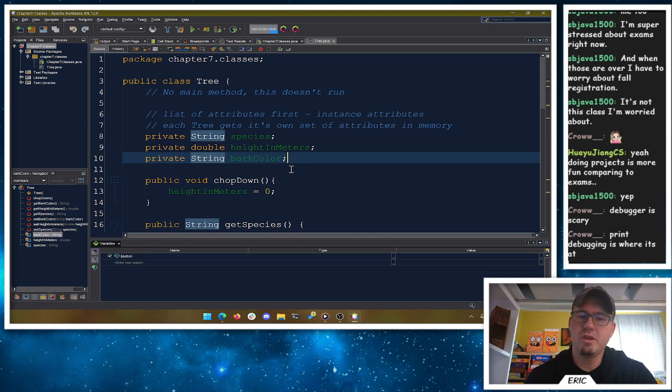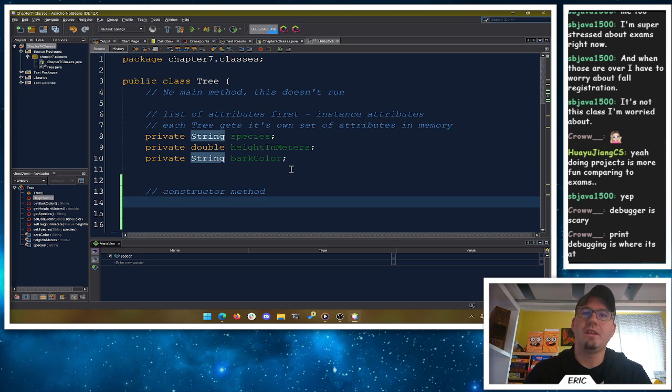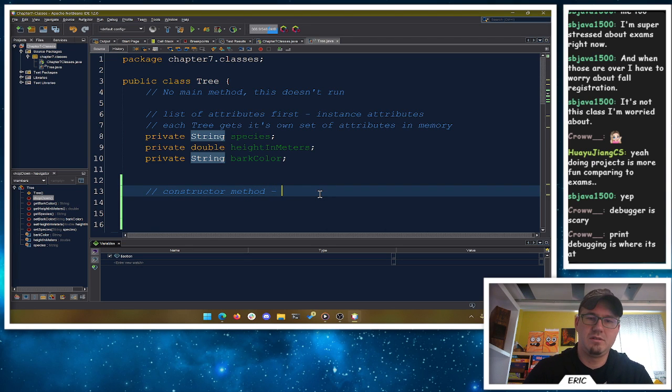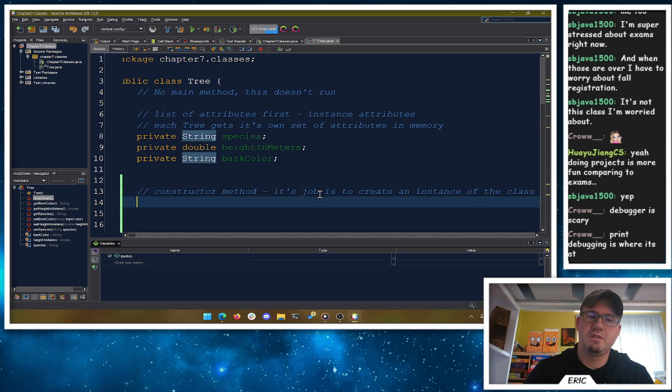So what we can do is we can write our own constructor method. Constructor methods are special methods. Its job is to create an instance of the object, or of the class, right? Create an instance of the class, which is creating an object.